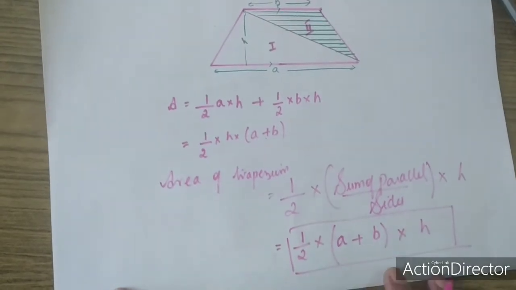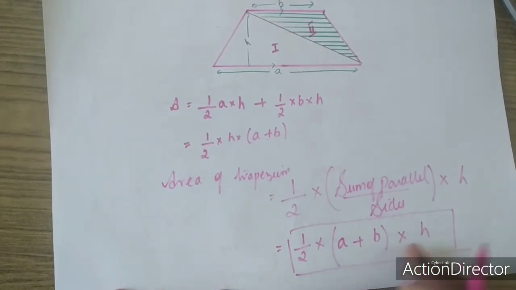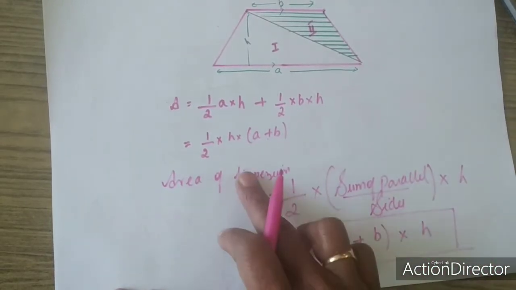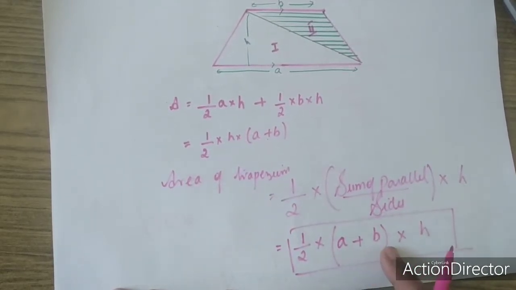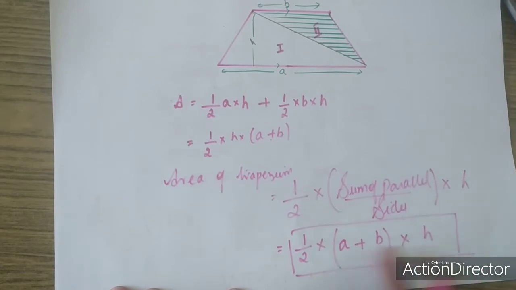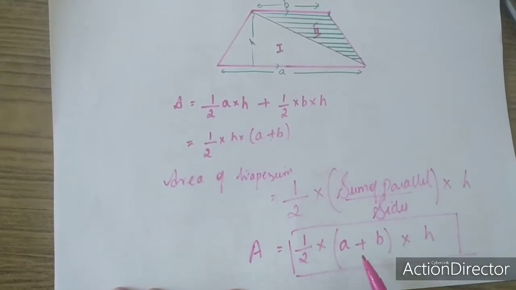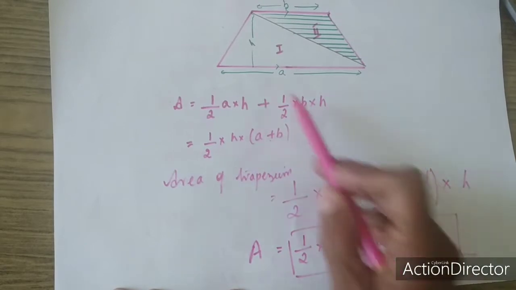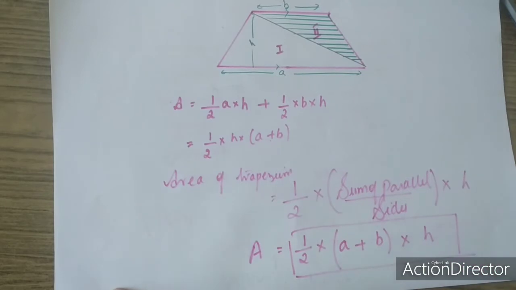Now using this formula, when the inputs are given, for example the lengths of the sides of a trapezium and the height of the trapezium are given, we can find the area of trapezium. Also, even if area and lengths are given, we can find the height of the trapezium. So with all the inputs given with one unknown, we can find that unknown using this formula. Area of trapezium is equal to half into sum of parallel sides, that is A plus B, into the height of the trapezium. So let us see some examples.